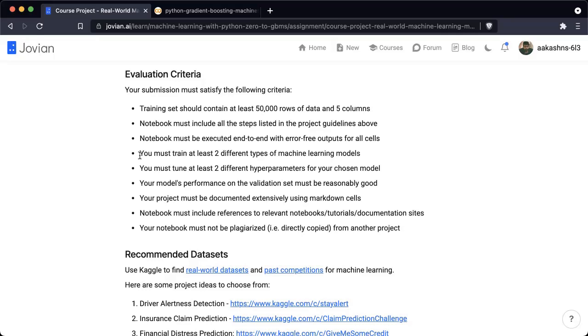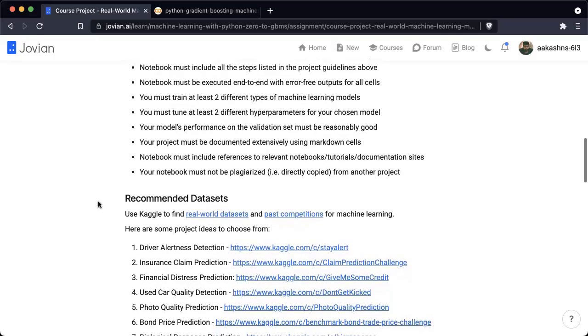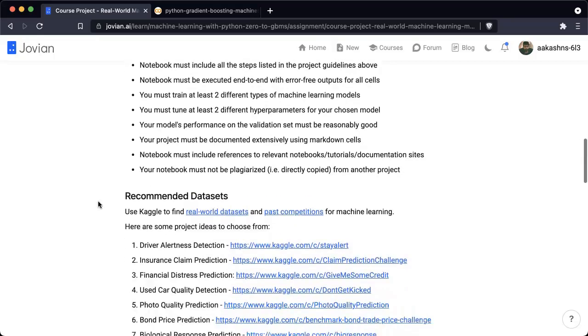Documentation and presentation is a very important part of machine learning, so please make sure to include that. Your notebook must include references to relevant notebooks, tutorials, and documentation sites. And your notebook must not be plagiarized, that is directly copied from another project. So please keep this in mind as you work on your project, and you need to meet all these criteria to get a pass grade.